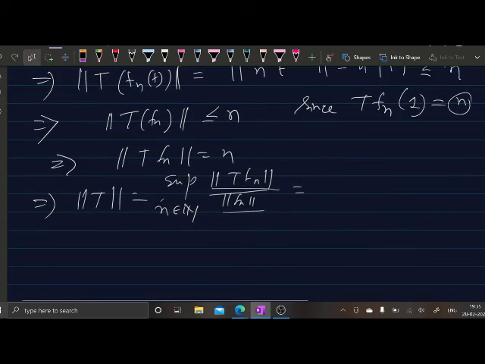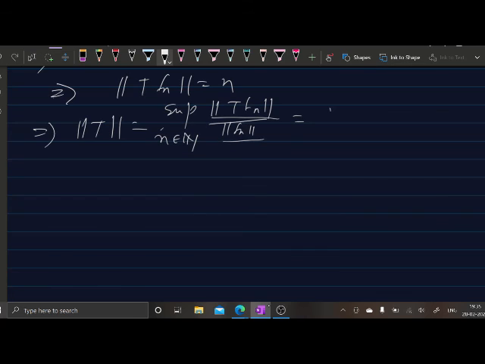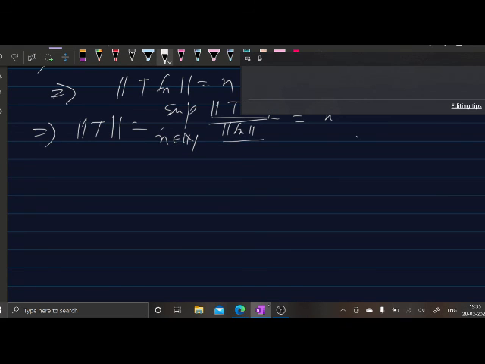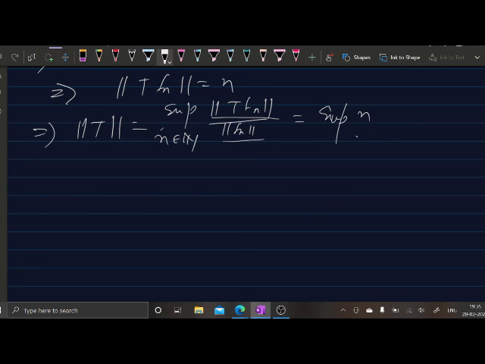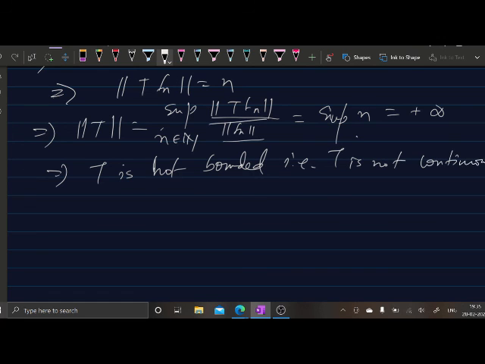So therefore it is actually sup of n, right? So what is sup of n? This sequence diverges, so it is plus infinity. This implies T is not bounded, and since it is not bounded, T is not continuous. So the map that has been defined above is not a continuous map,